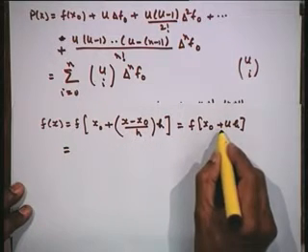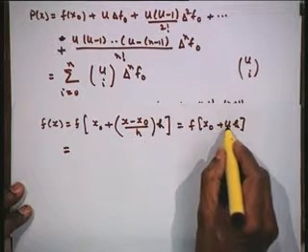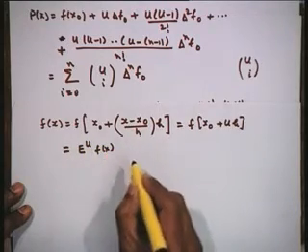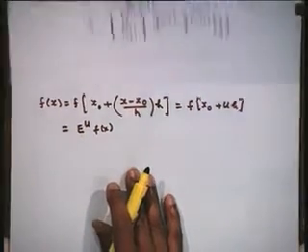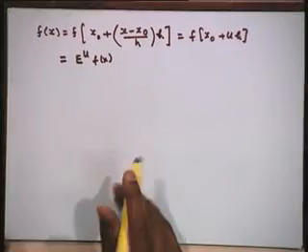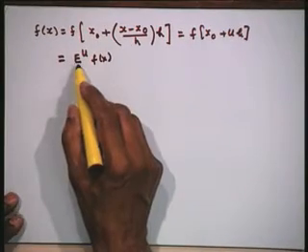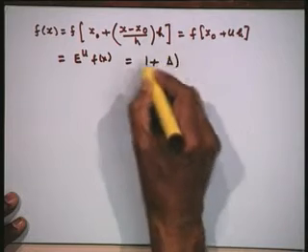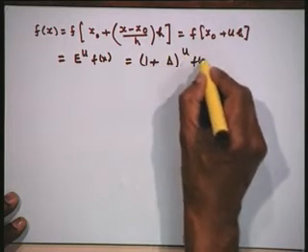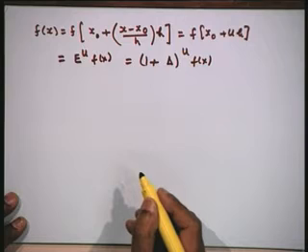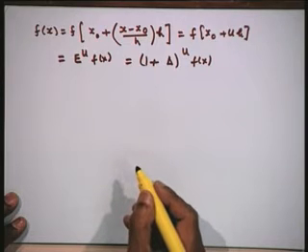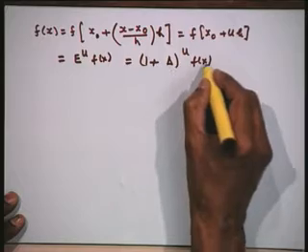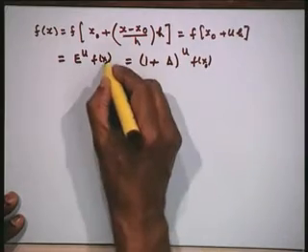Now let us view this as a shift, that means shift operator. So this will be E to the power of u of f(x). But we know that E is equal to 1 plus the forward difference delta, that is (1 + Δ) to the power of u of f(x) at x naught.